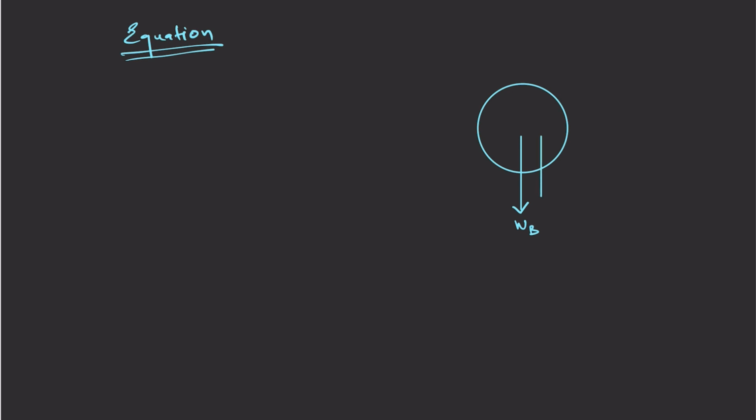There is the payload that it can carry, the weights that it can itself carry. Let's call it payload. Now the buoyant force, which will be acting upward, let's call it FB. This is the buoyant force. Now there is one more force, which is the weight of the gas, which will be acting downward. After I have drawn the FBD, now let's write the equation.